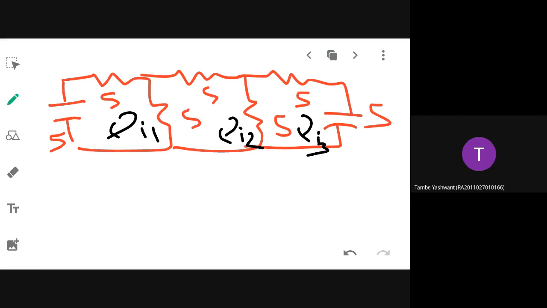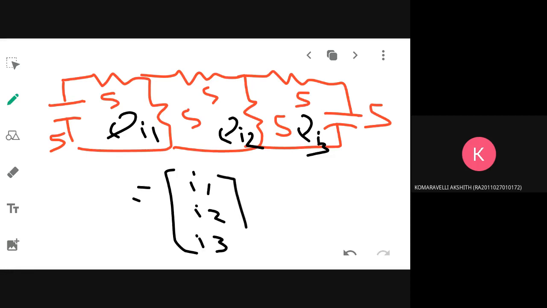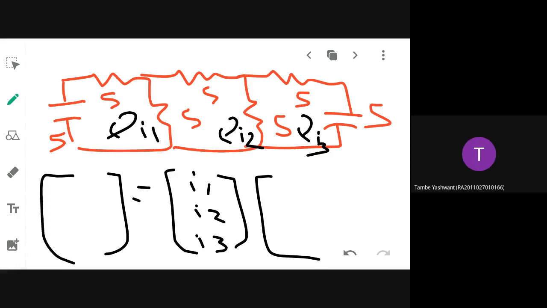Now tell me what will be the equation. How many currents do you need to find? 3, ma'am. So let the currents be I1, I2, I3. Now what are the voltages? 5. This is plus minus, so if you follow it, it is minus to plus, so plus 5. Plus 5. Are there any voltage sources in this loop? No, ma'am. So 0. Third: here it is plus minus, so from plus to minus, it is minus 5.